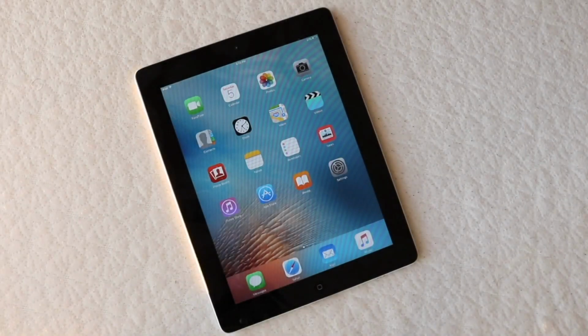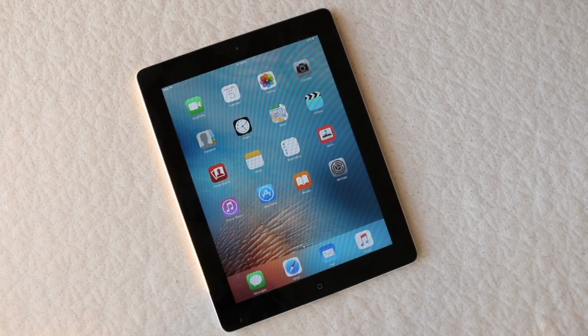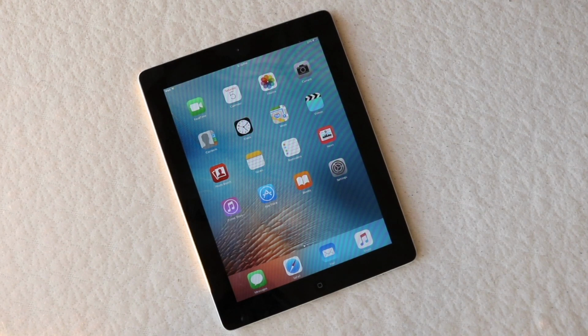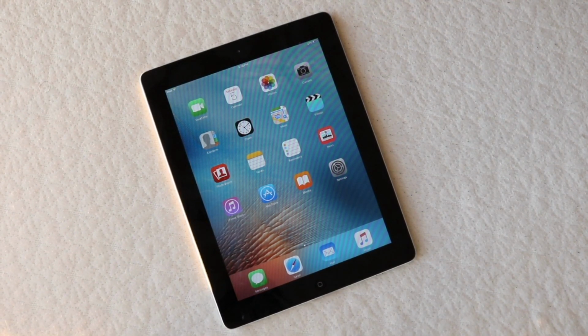Welcome back everyone. Continuing on with all of these 2021 reviews, we're going to be talking about none other than the iPad 3 and seeing how this thing holds up in 2021. Now, to be completely honest, I really don't think many people should be using the iPad 3 right now. It is kind of outdated, but there are still some surprising things about this device that really do shock me,